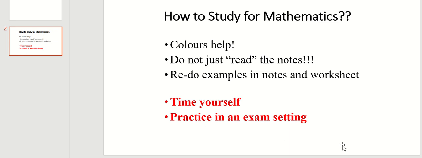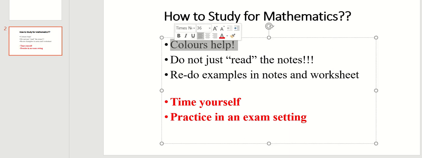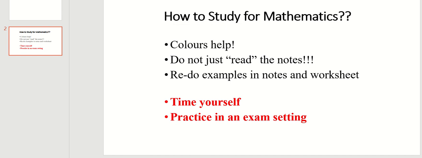Number one, colors do help. What I mean by that, in your notes, actually it works for any subject. If your notes are colorful, then it might help you to recall memory, especially for subjects where there's a lot of memory work, like science. When you're studying chapters on bios, there's a lot of terms, a lot of words to remember, right? So do use a lot of colors, color highlighters, colored pens, whatever. It actually helps in retrieving or taking out memory from your brain. This is proven. Okay, this is tested.